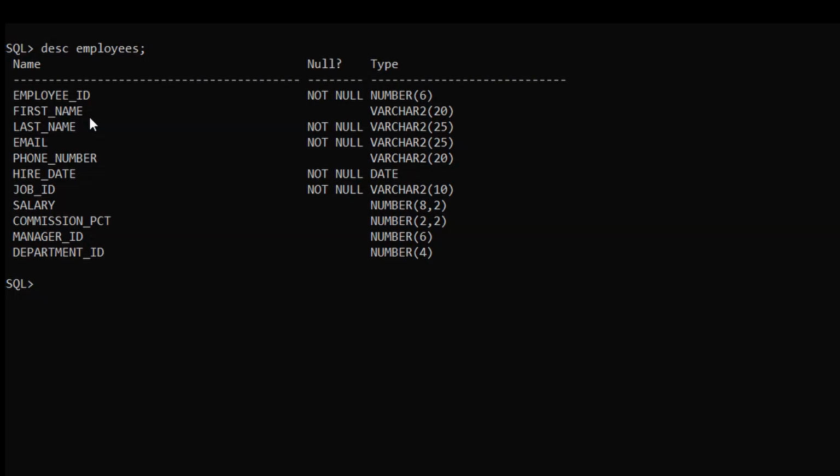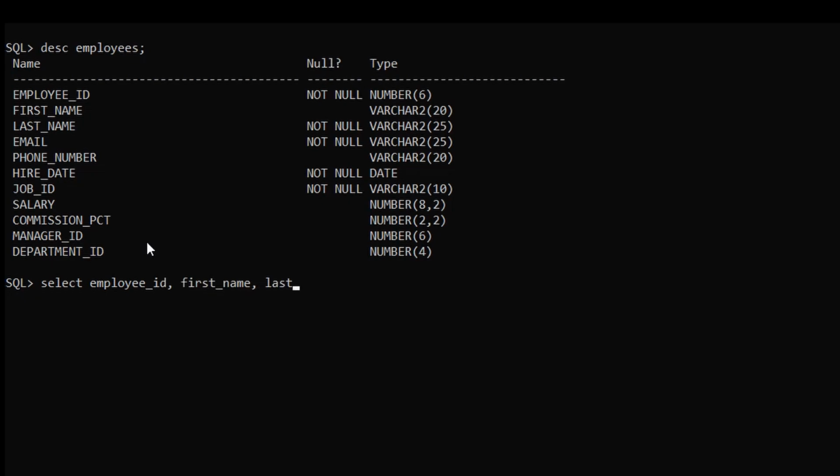For the first example, we will fetch the employee ID, first name, last name and salary, where the salary is between 5,000 and 10,000. For that, just type SELECT. Now we have to give the column names, which are employee ID, first name, last name and salary